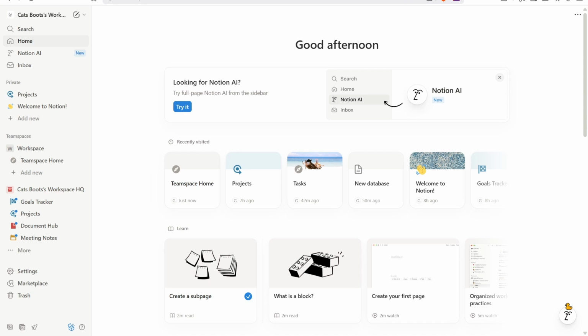In this video, I'm going to show you how to put location in Notion. Let's get started. After successfully logging in to your Notion account and being able to access the homepage, the first